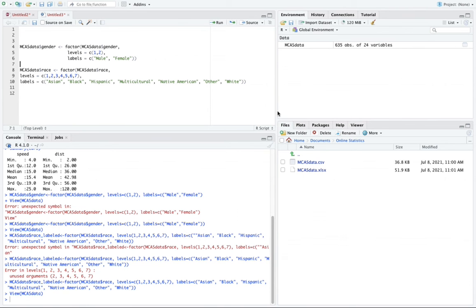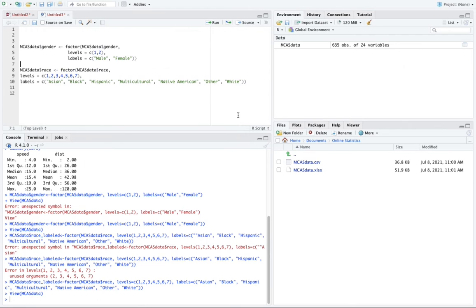But that is the basics of R. Give yourself patience with it. It'll look really